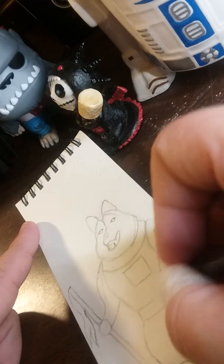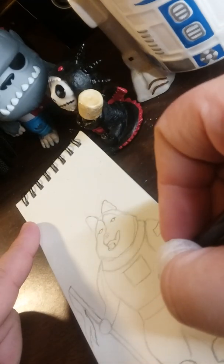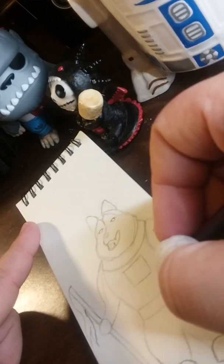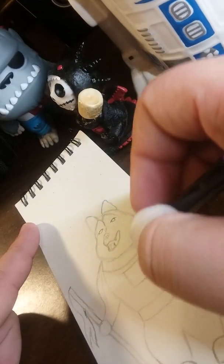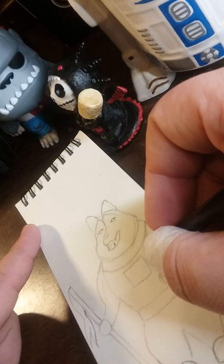Again, I don't really know what I want his hands to look like, so I'm just going to do a swivel. All right, so... Kind of get his upper body turned one way and his lower body turned a different way, but that's okay. People swivel at their hips. All right, so...